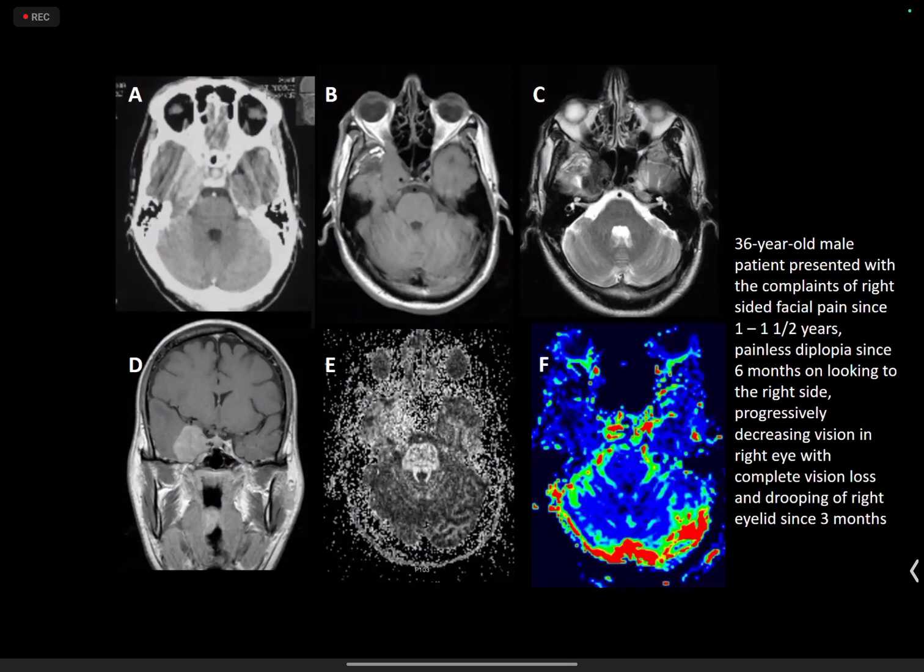So this is a right paracavernous lesion with T2 hypointense signal and intense post-contrast enhancement. Ma'am, intense post-contrast enhancement would indicate a meningioma. Meningioma is one differential, excellent. But we are seeing the perfusion images. How do you think meningioma would appear on perfusion? They would be avidly hyperperfused. So this is not a meningioma.